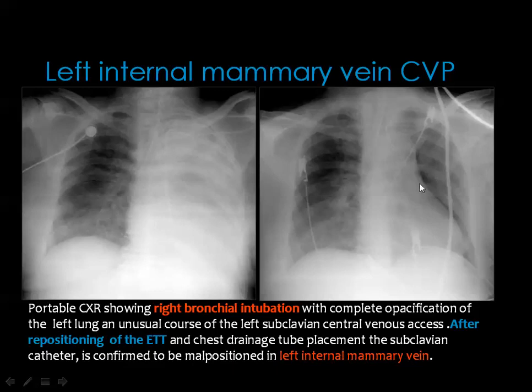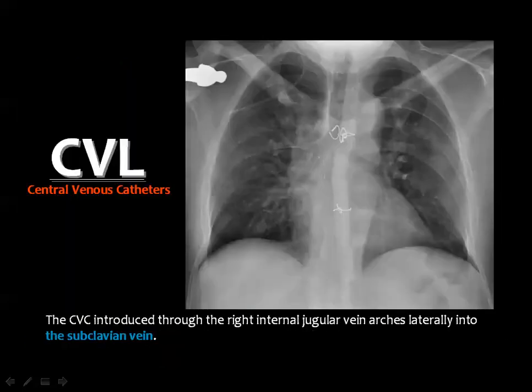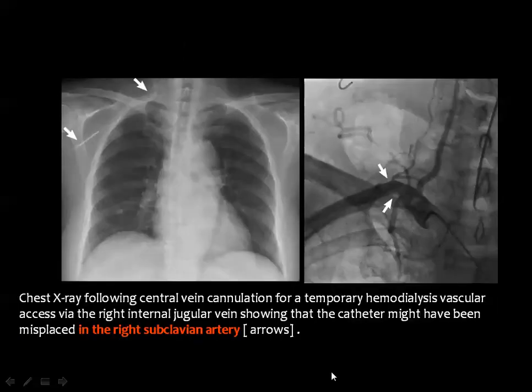It has selectively passed into the left internal mammary vein. And this is the central venous catheter that goes into the subclavian vein back to the axillary vein. And this is a wrong, selectively mistaken